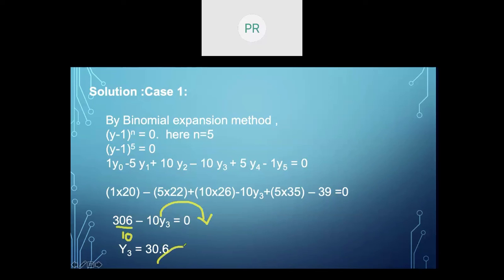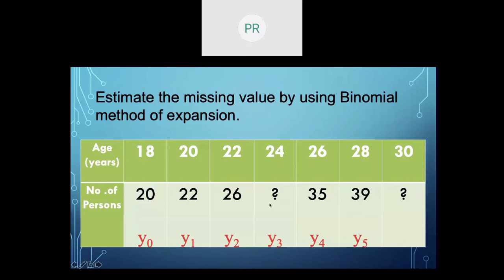So now what is this 30.6? This 30.6 is the interpolated value of the binomial expansion. So this missing value which was not to be found has been already estimated with the value of 30.6. So with the first case, we have arrived at the answer wherein the missing value here is denoted by